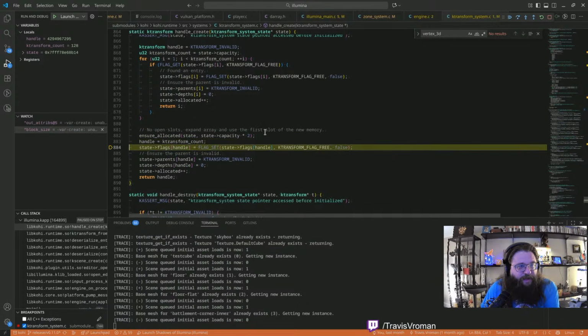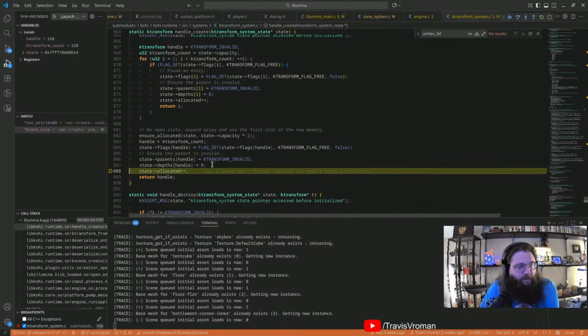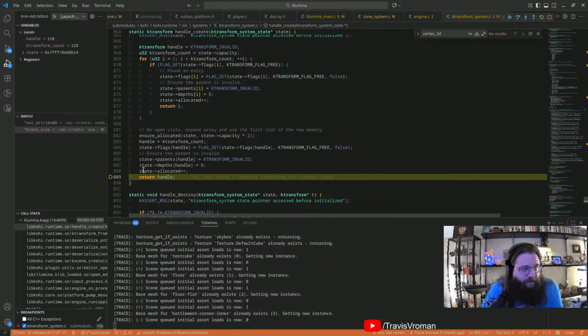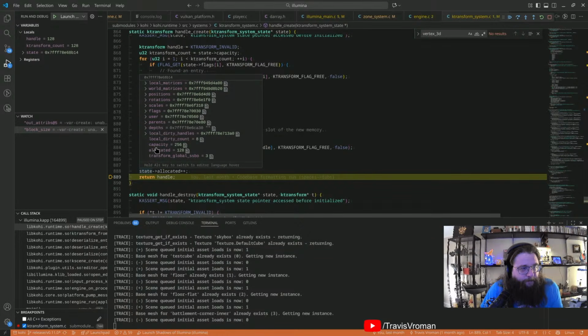So this should put that right at the end of the list. And then we should do all these same things in here, which it looks like we are doing. So allocated is incremented, and then, yeah. Okay, so that should be fine.